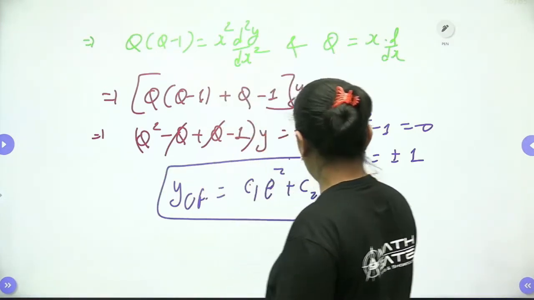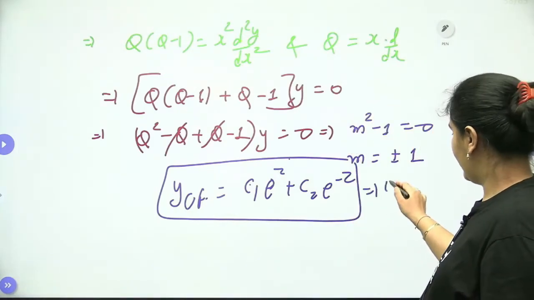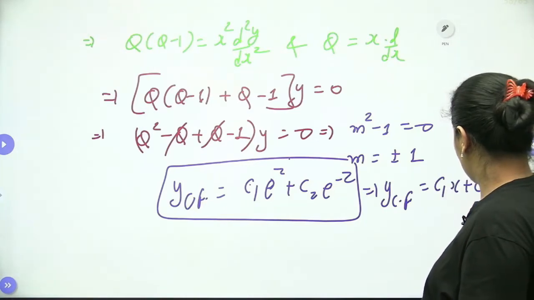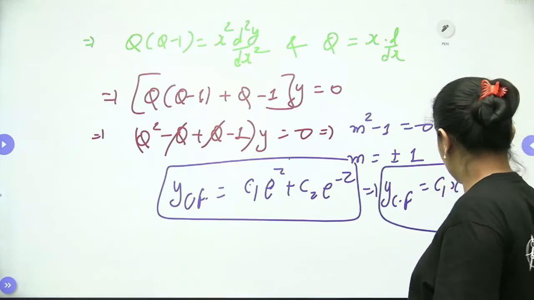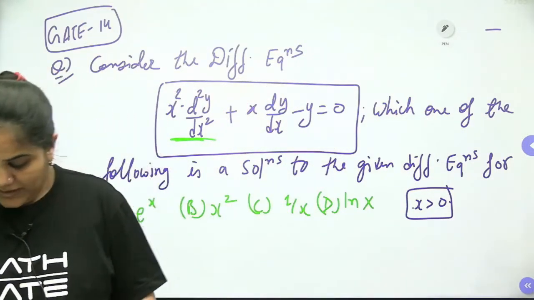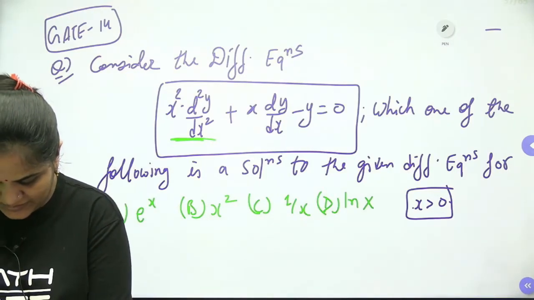Now it's talking about the same thing. It's talking about x greater than 0. Okay, let me convert it in the form of x greater than 0. It will be c1x plus c2 by x, right? So the solution it's talking about for x greater than 0. So how will we approach, dear students, for x greater than 0?